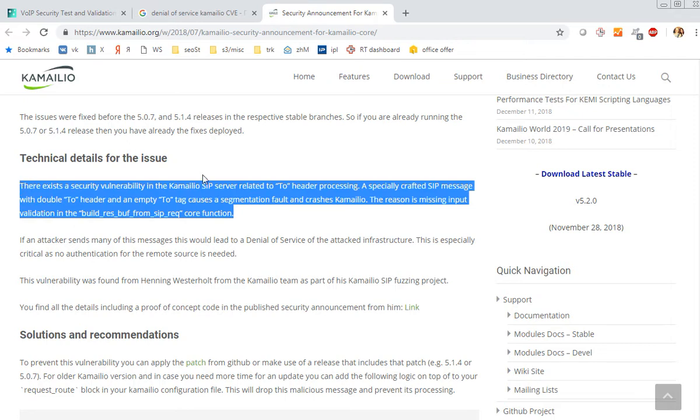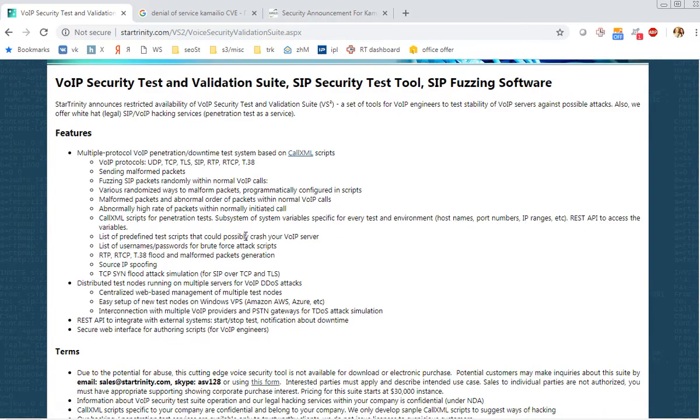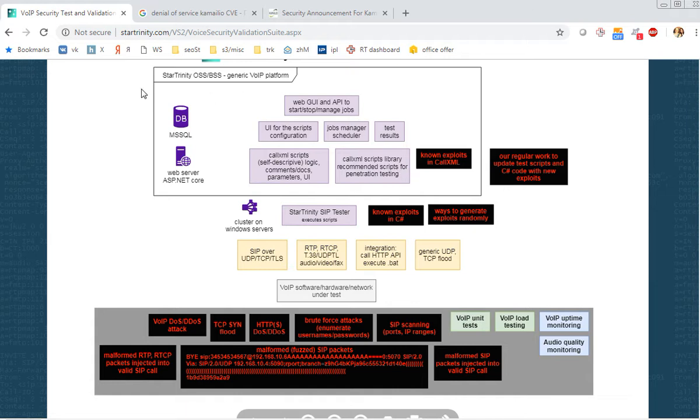We analyzed about 30 exploits so far, and we will continue. And the SIP tester randomly injects the exploits into valid SIP packets. And here's the architecture of what we do. We have a web server which manages a cluster of SIP testers,